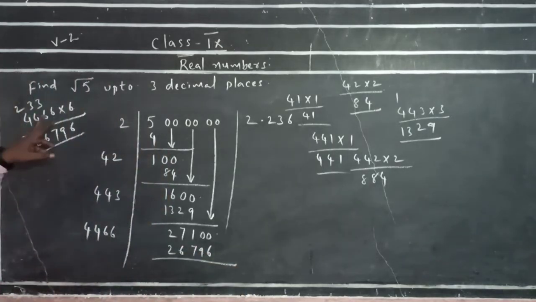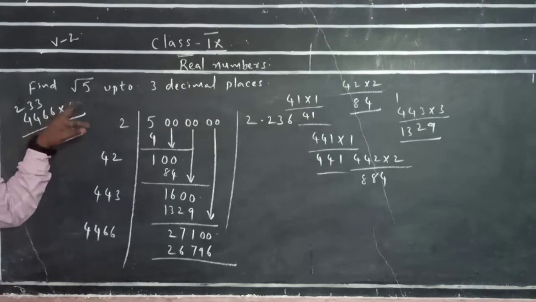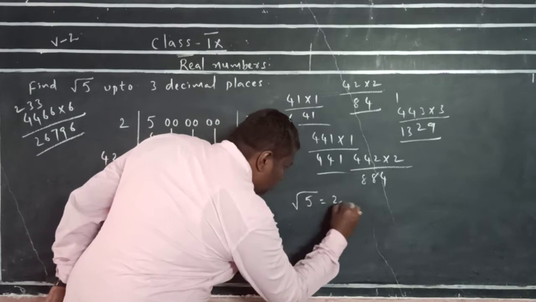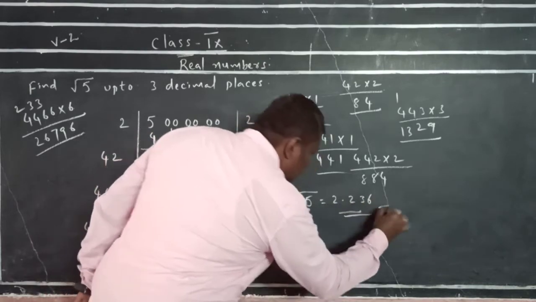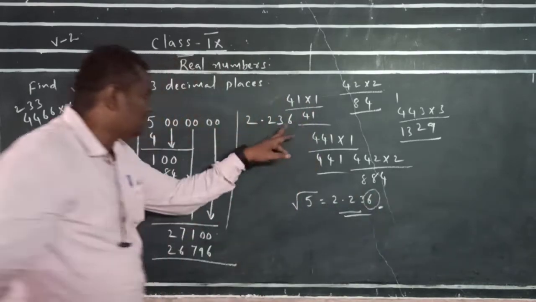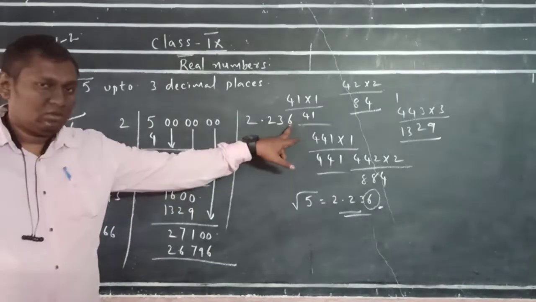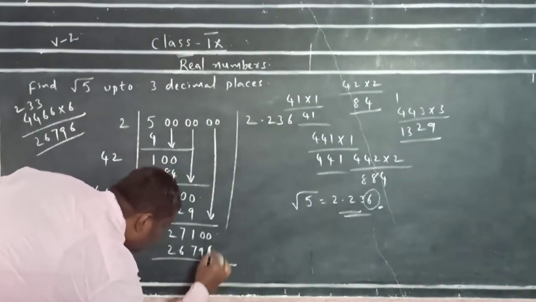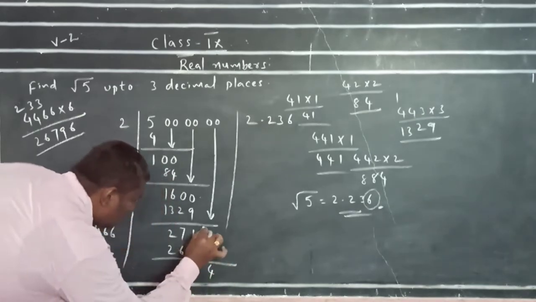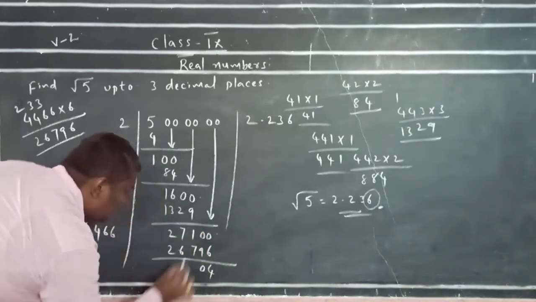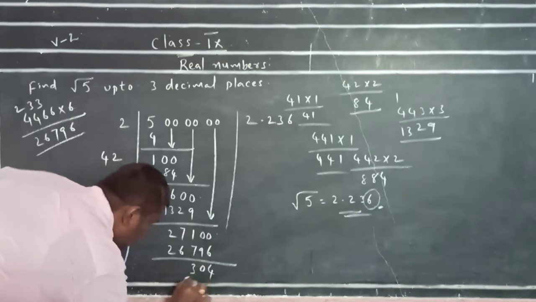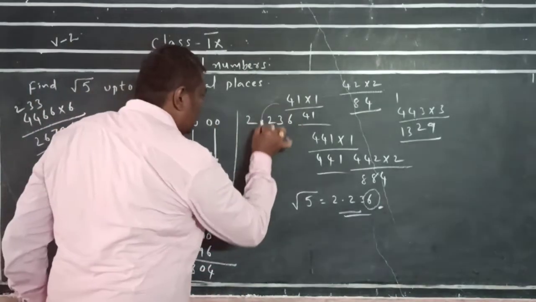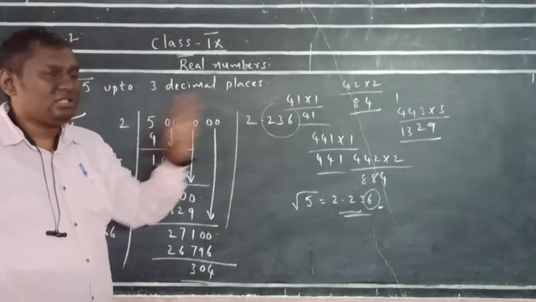How is it that you have taken 446 into 6? You know the value of root 5 is 2.236. That's why I multiply, the number is 6 to 6. Okay, what is the remainder? Here 4, here 9 is 0, here 9 is 3. These are up to 3 decimals. Let's say when 3 decimals come, that is where we stop.